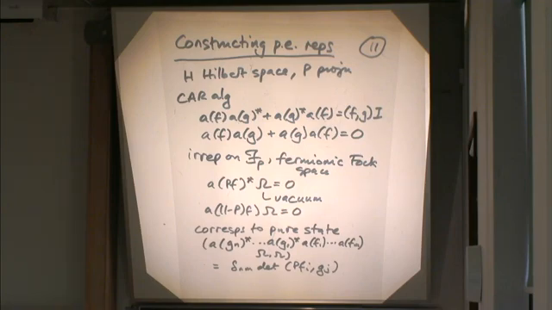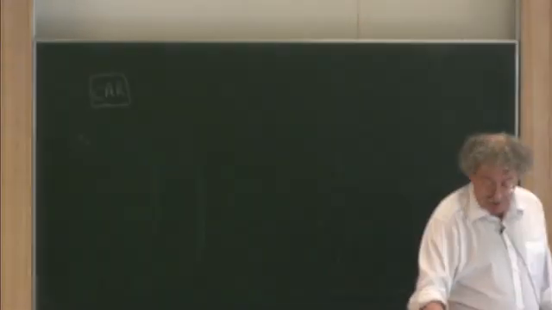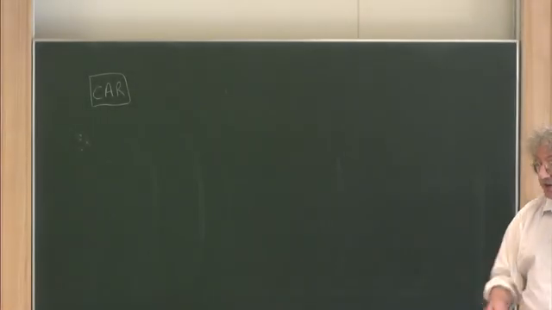Now, when we first started doing this, Vaughan and I in Paris, I was interrupted at the blackboard. I can't even remember whether you were in the room. It was at the Collège de France, and I think Alain went up and he just put a little box on the board with CAR inside. This is all you need. And in fact it was. I mean, it took a little while to work out why that was so. And so the canonical anti-commutation relations, and that is all we need.